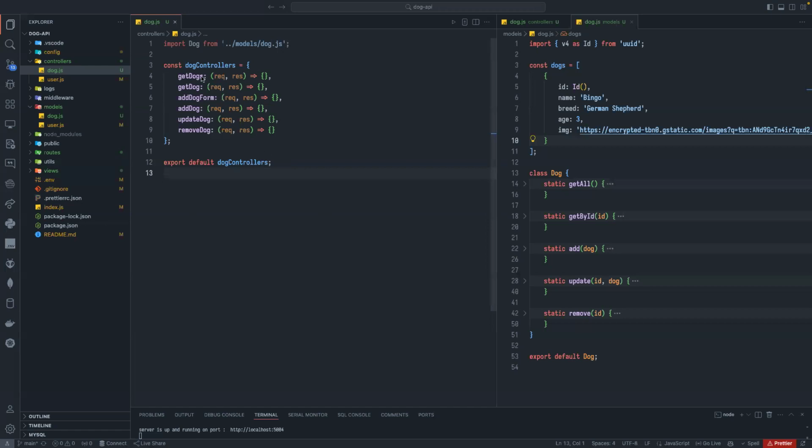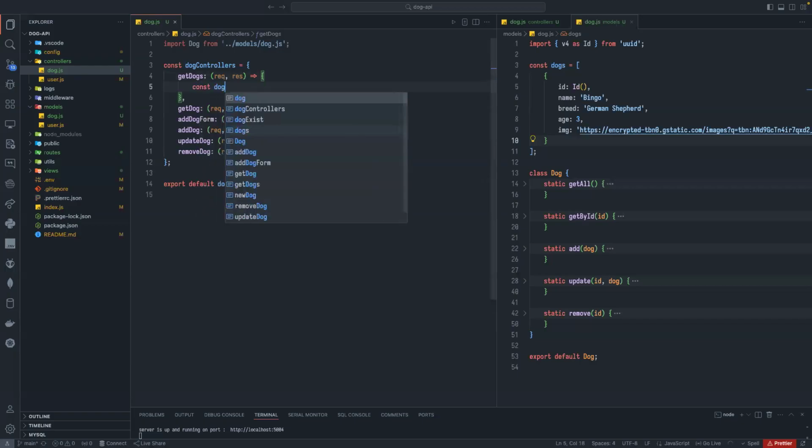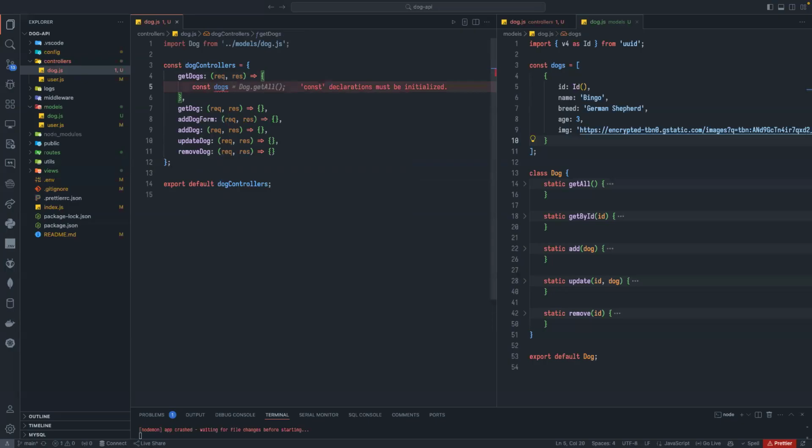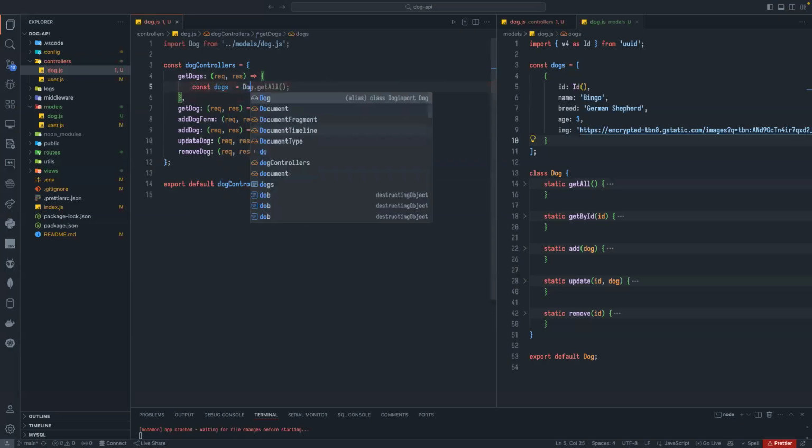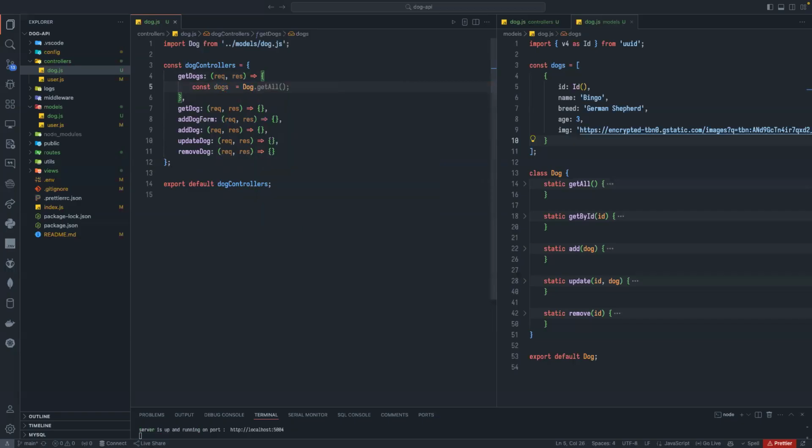so I need to be able to get all the dogs, and in order to do so, well, it's quite simple. I can just say const dogs like that. It will be equal to my class module, which is dog dot get all, as you can see, and I can use this one. Now I will have all my dog. Remember that dog, it will be an array. And now what I can send to the user, I can send him status 200, and I can render a specific